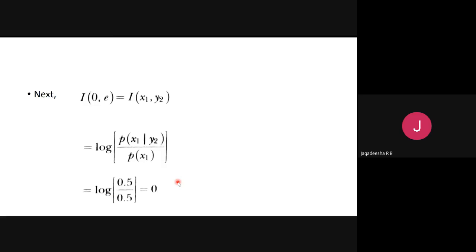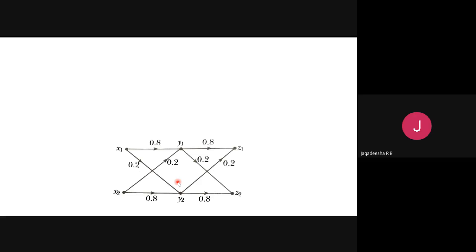We will see some complex examples, I mean complex cases or channels, where we have a cascaded channel. So earlier what we saw is just 2 inputs, x1, x2, and 2 outputs, y1, y2. But now this is another example where we will be extending this channel to one more stage as z1, z2. So we have the original inputs here, x1, x2, and we get some output at the intermediate point, y1 and y2, with some probability. Probabilities are mentioned here